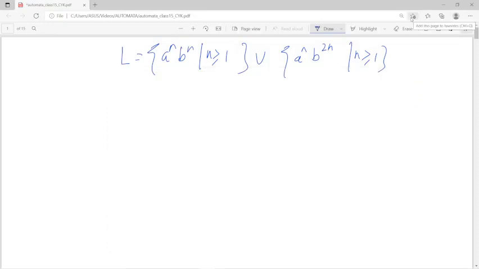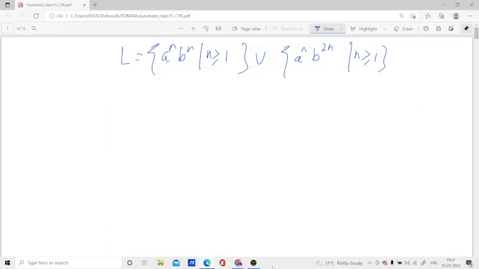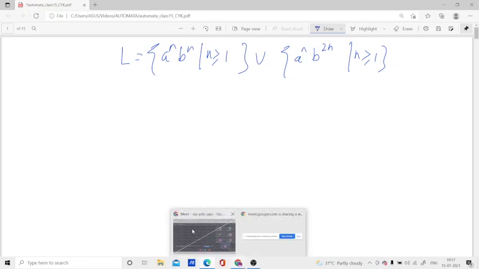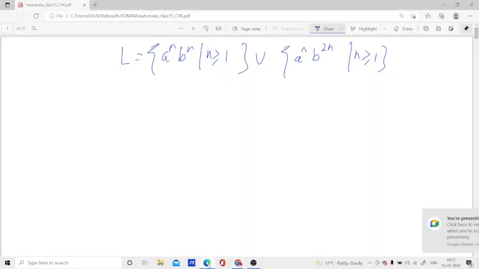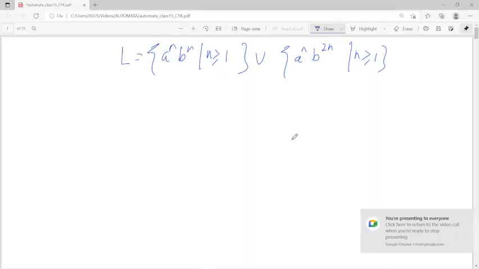So this is the thing, a to the power n, b to the power n is greater than or equal to 1, and the thing is that I can design it pretty. That means by looking at the language, how can we decide whether to push one a and whether to push two a's, right? So if we can draw it,